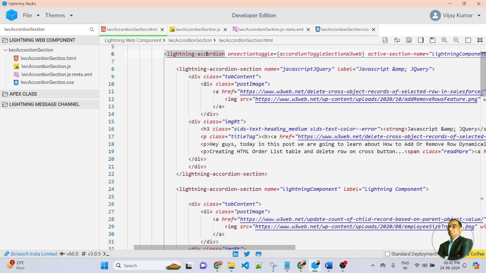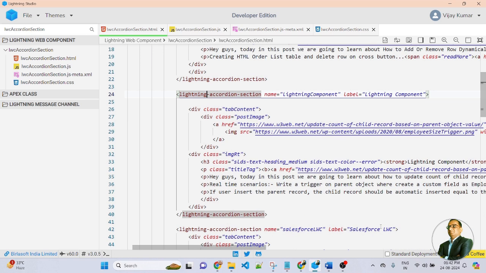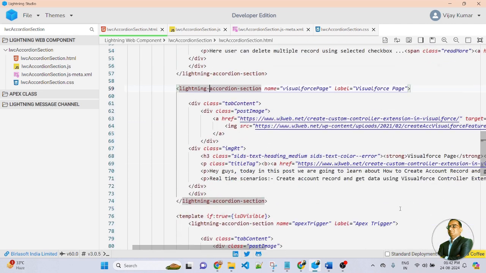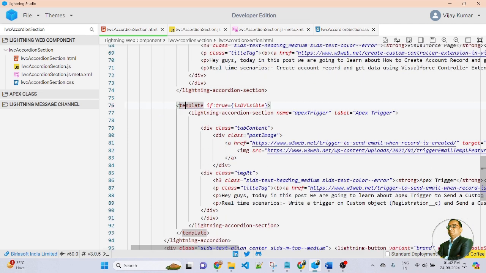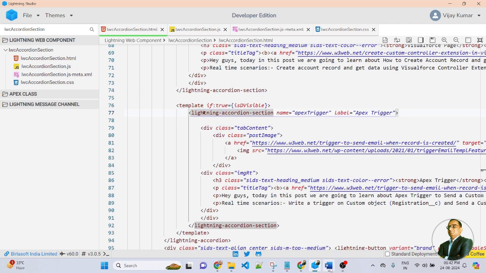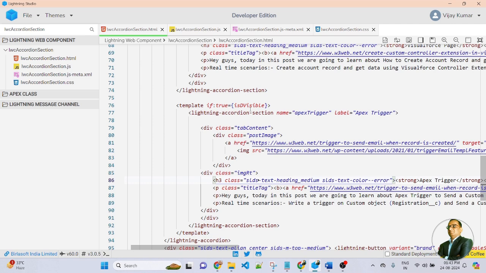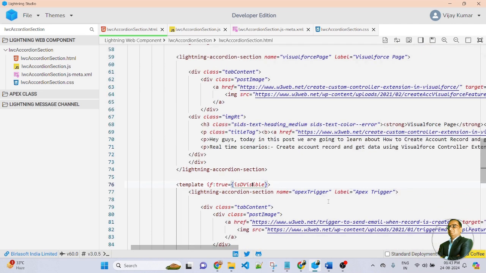And inside this, I am creating different types of tag elements. If you are creating an accordion section in an LWC component, first you need to define lightning accordion. Inside the lightning accordion, you need to pass lightning accordion section. Here you can see this is the first one, this is the second one, this is the third one, this is the fourth one, and in the last, I am displaying hide. So based on the toggle button, I will be displaying and hiding this last accordion section. Here you can see in the last one, I created a toggle. Once you click on the button, the last one will be shown. So in the last section template, I am displaying hide. Whenever it is true, then it will be displayed.